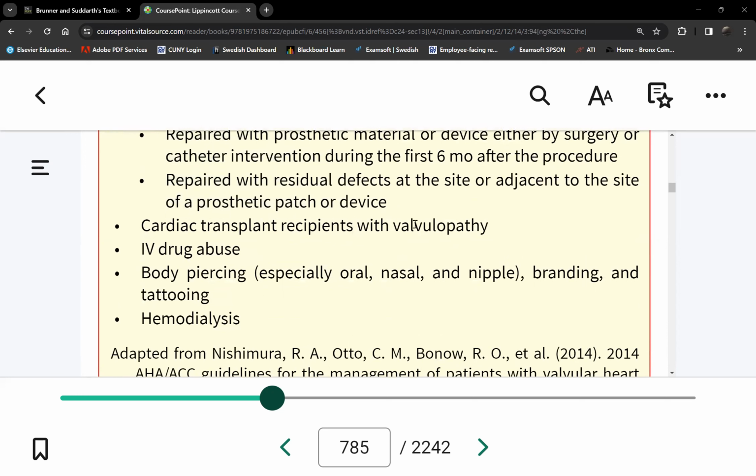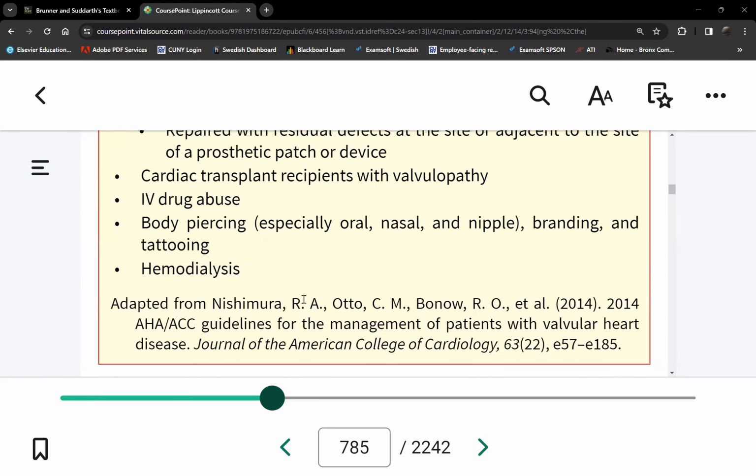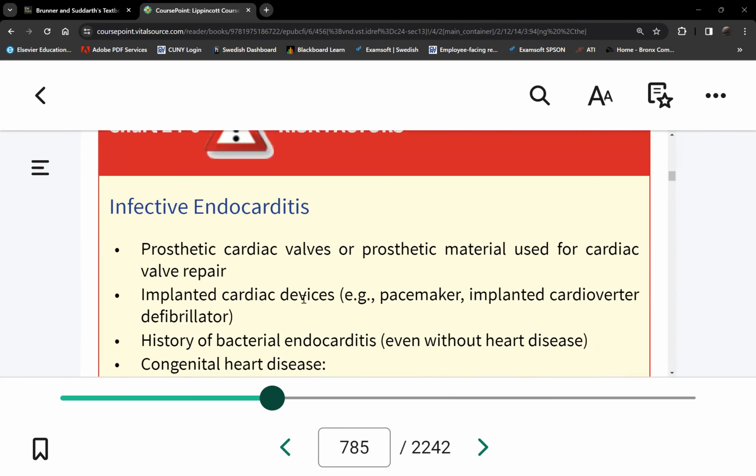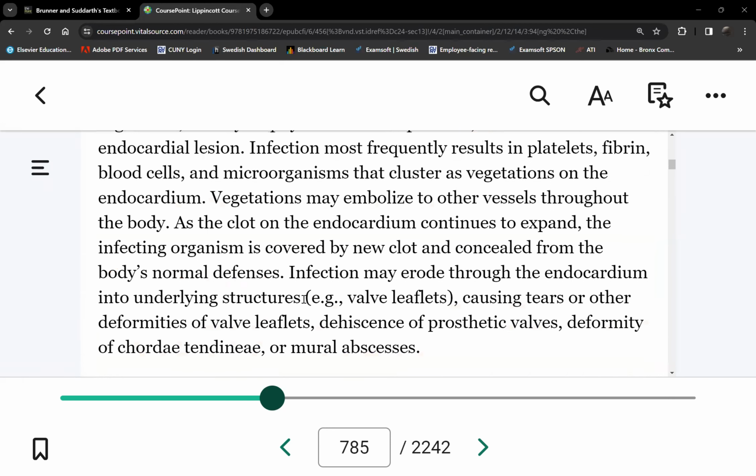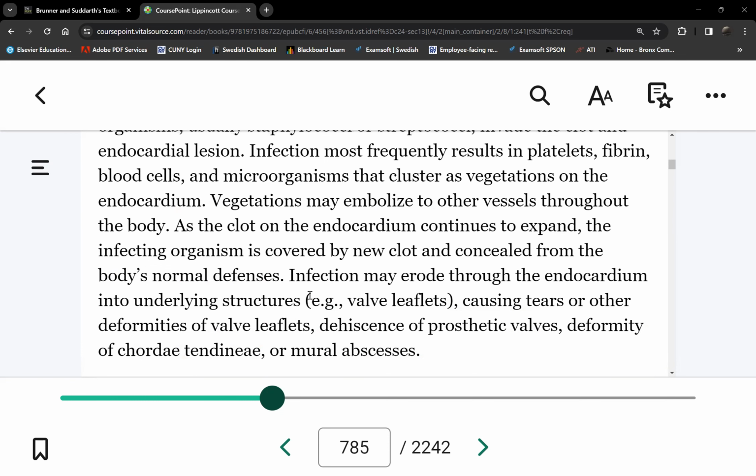Transplant recipients, okay, including again involving heart valves. So we know about IV drug users, body piercings, hemodialysis. Now the one not mentioned here really is the oral route. Okay, so the mouth is the number one portal of entry here. So people who have